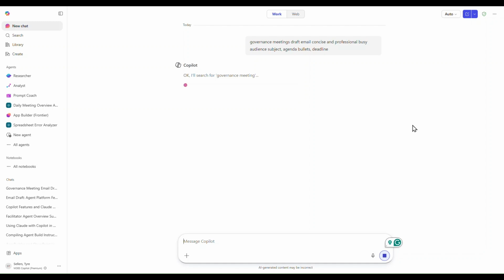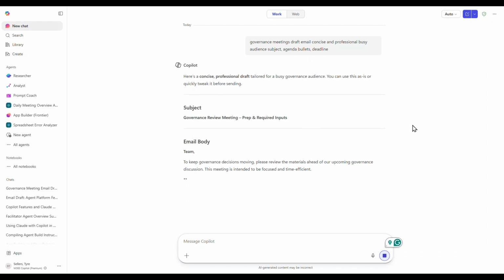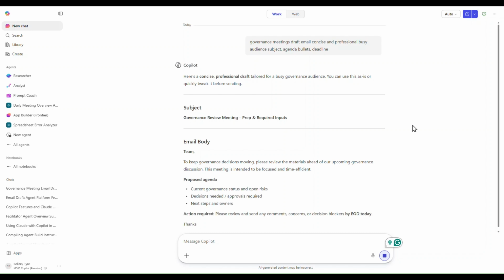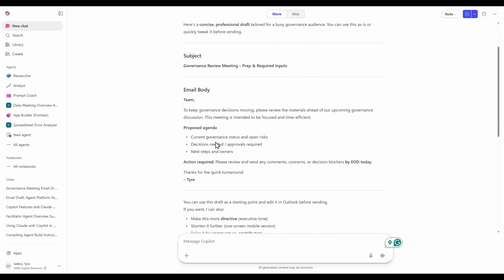At worst case, this is going to be something that I can use as a starter email. You should never just take something directly from Copilot and go to outputs. You should take it, review it, and make sure that it captures what you need. But you see here, governance review meeting, prep and required inputs, and then it's got some basic information here. This didn't give me a whole lot of detail, but it at least is something that I can start with.